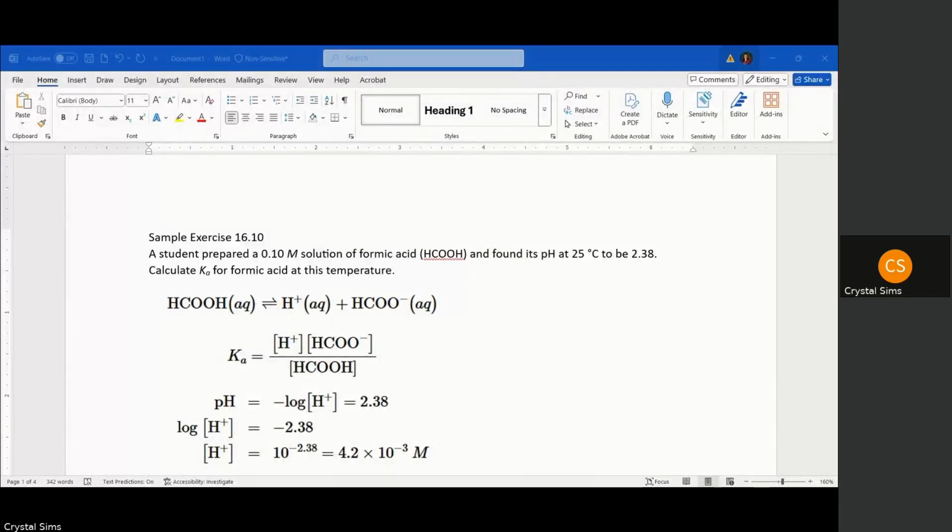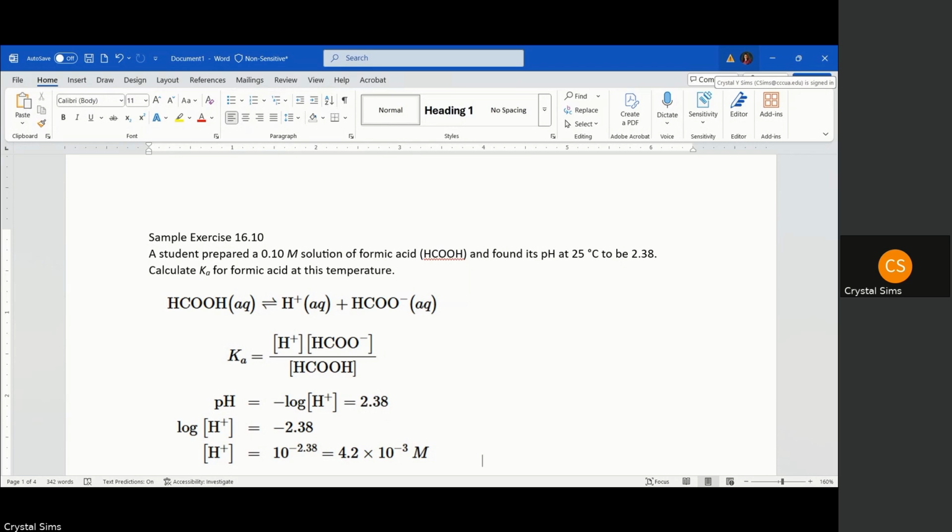In this video, we will continue our look at acid and base equilibrium. So we're going to start with sample exercise 16.10. What we're getting into now is looking at weak acids and bases, and when we calculate